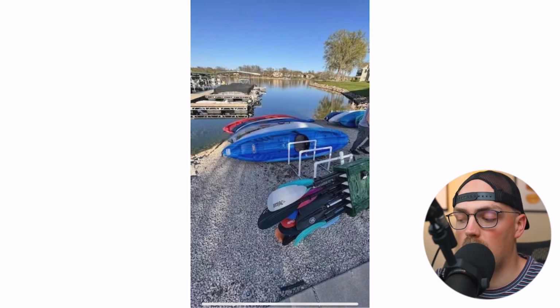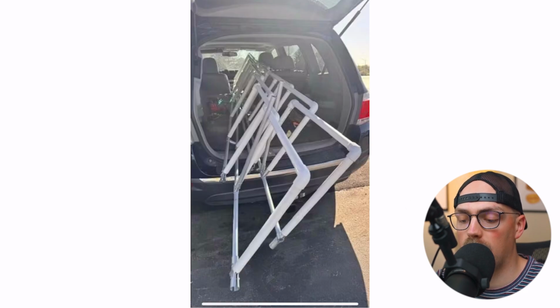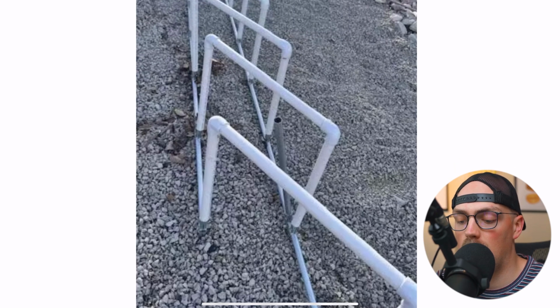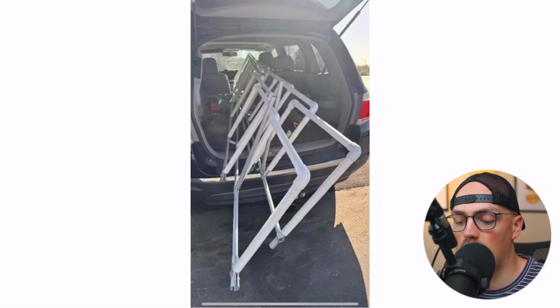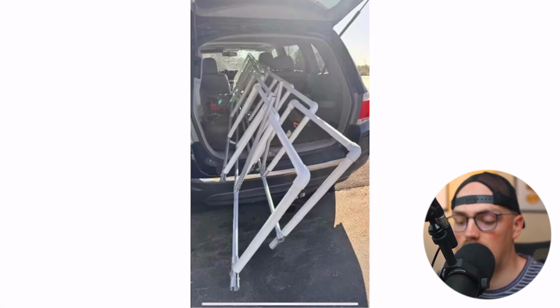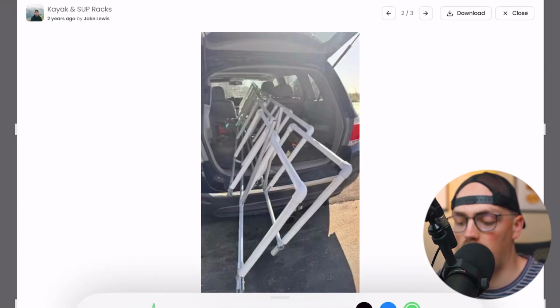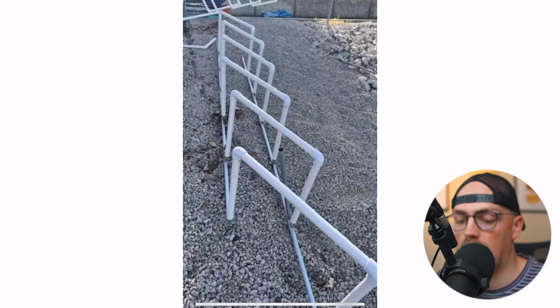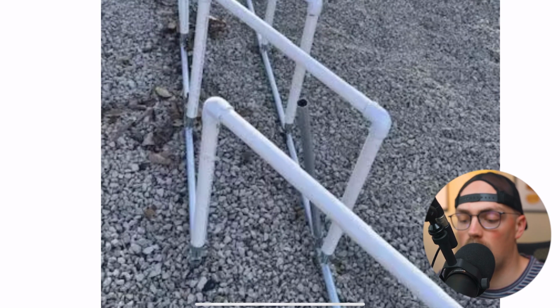Next up is a cool idea that was shared by the Lakewood Sail and Paddle Club. Essentially, they made these really cool portable racks with EMT conduit and PVC. Essentially, it's just a long horizontal span of conduit that has 180-degree connectors as well as T connectors that basically just have these short verticals extending up off of the frame in a bunch of different places. Here we can see some T's, 180s, different things, and essentially just a short piece of conduit extending up, and then they just made these PVC kind of corrals for the kayaks and stand-up paddleboards that slide over the EMT conduit